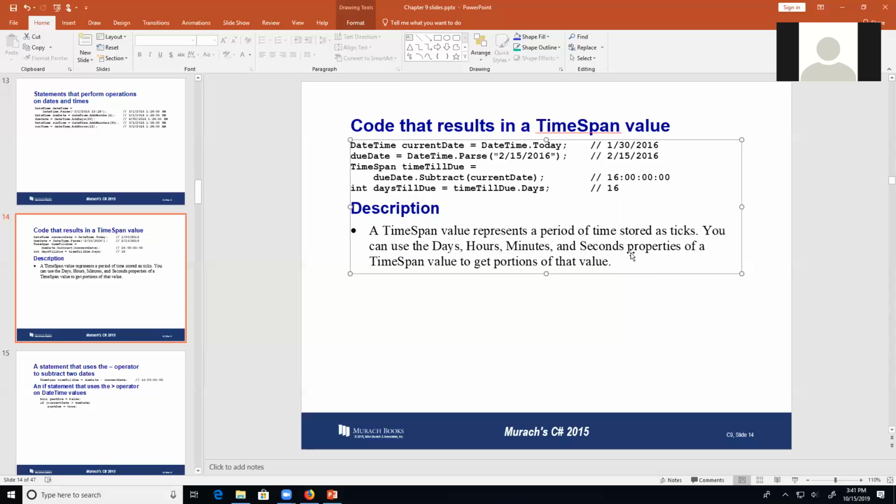So it's a long time. And so we can compute how many ticks are actually stored when we're storing October 15th, 2019, 3:42 p.m. We can convert that to the number of milliseconds since January 1st, 0001, which was back around the time,